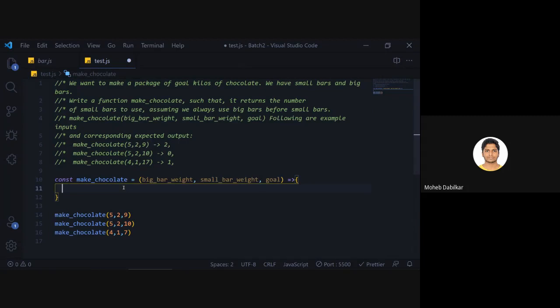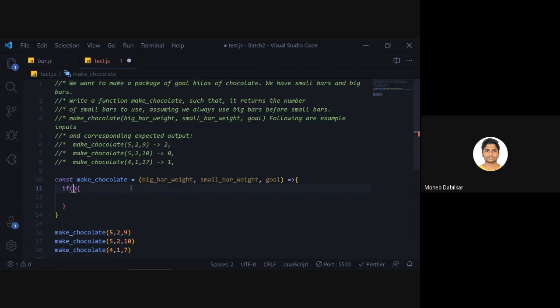Now what you will do is start by checking if only big bars can be used to make the chocolate. So you will put the syntax of if.